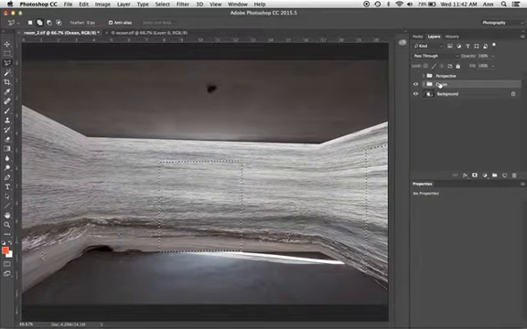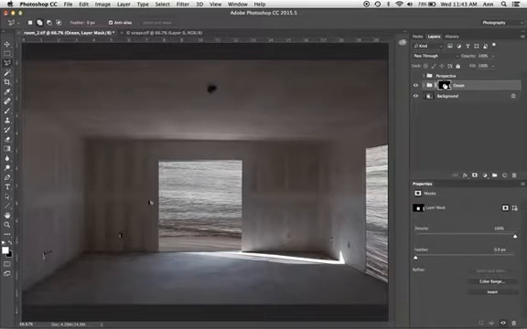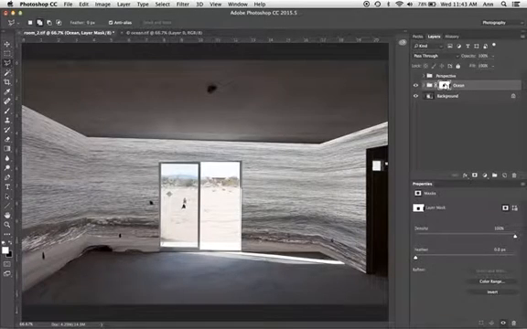I'm going to go back to the ocean layer, make it visible, and I'm going to hold down the Option key and click the mask button, which is going to mask the correct areas. If for some reason you accidentally did it and you see something different, Command I will invert that. So if this is what you got, just click on the mask on the layers panel and Command I will change that.